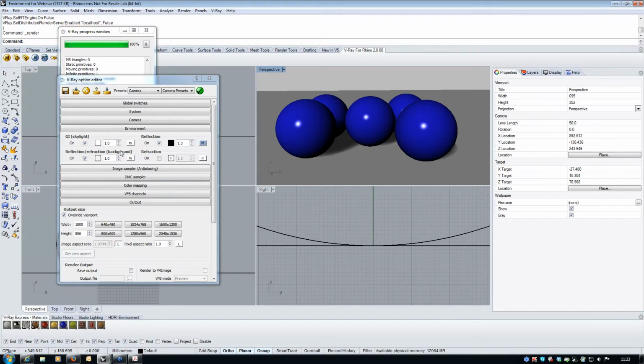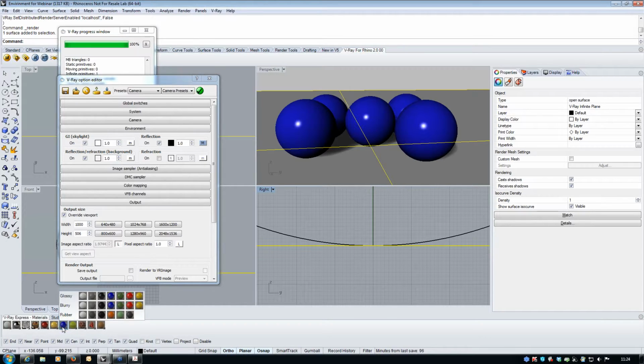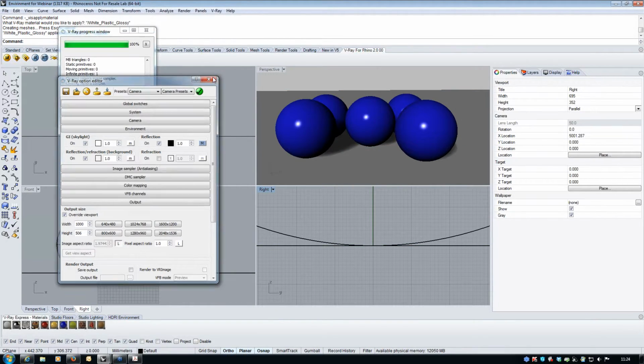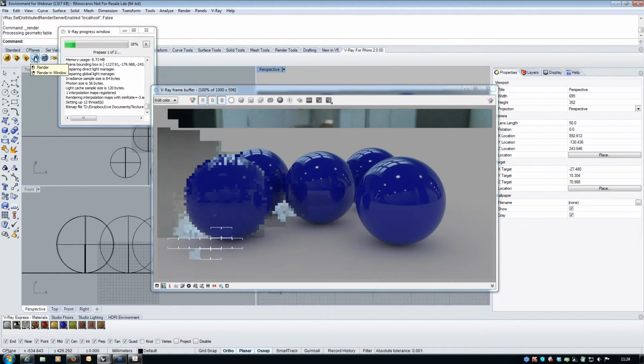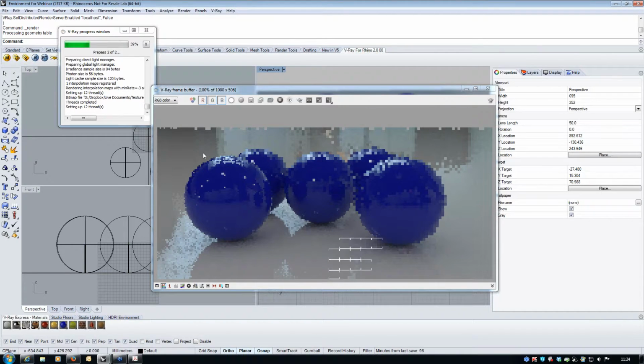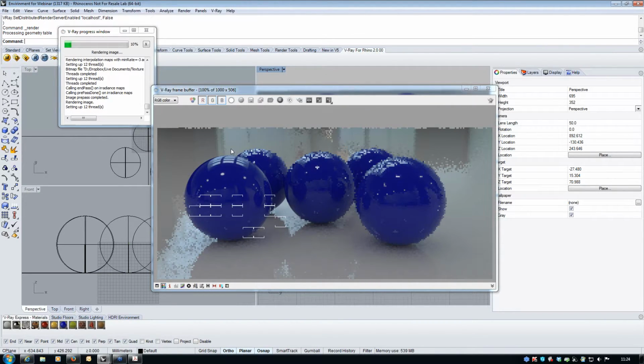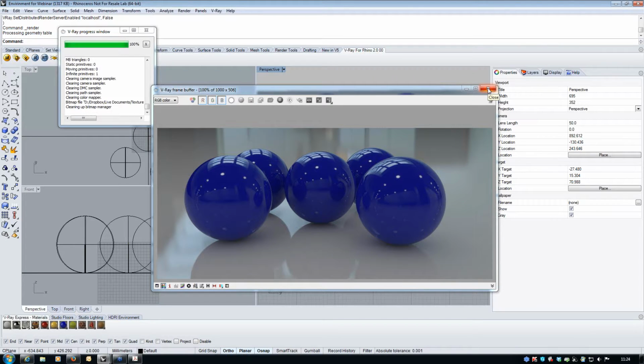And so we can create something now where the background is not actually what's reflecting on the objects. Now this way of working is pretty much what most renderers would use as a starting point to create studio scenes. Got a little bit too much reflection on that floor now, so let's just go into the material